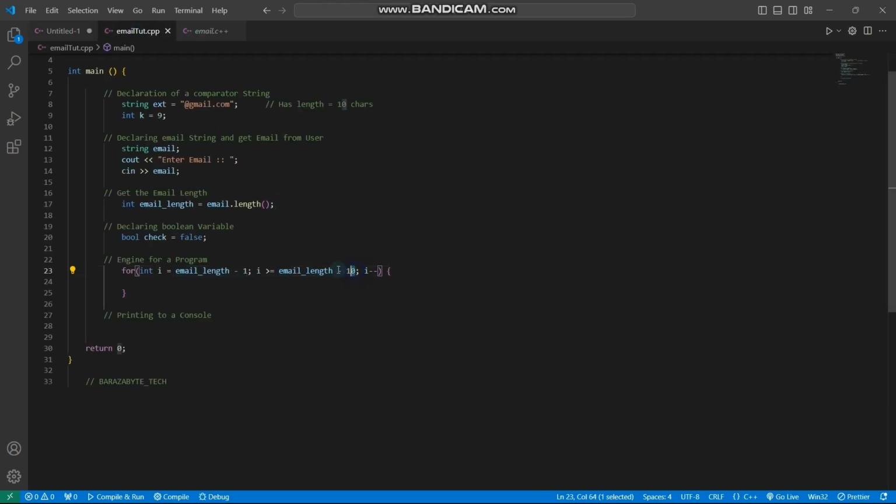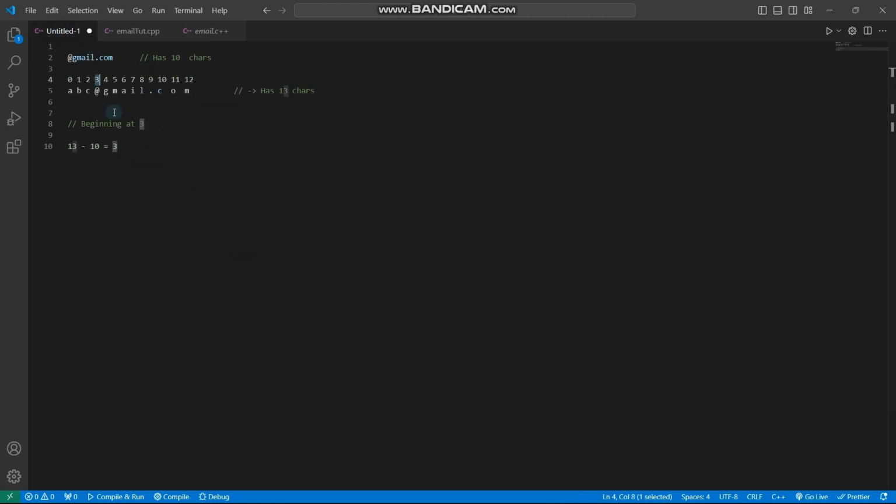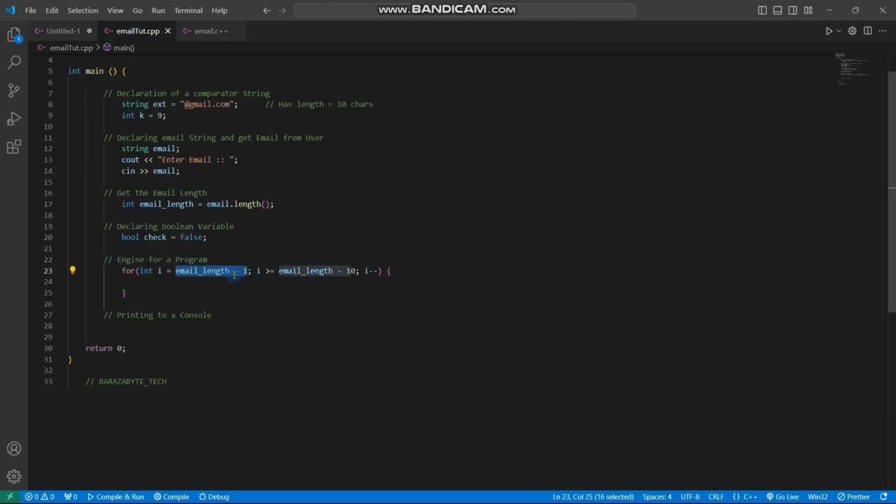The same applies to this email_length, where we'll just take the amount of characters minus 1 to get 12. So to get the 12 we'll just take 13 minus 1, and you'll get 12, the position of the last character, whereas for the first it is 0, since we use the array method. Okay, so when the loop is continuing, we will be comparing